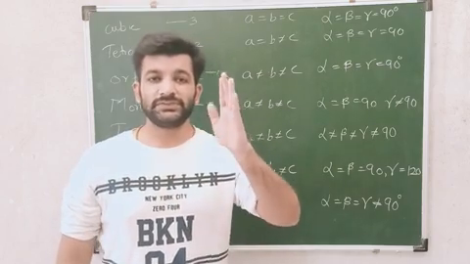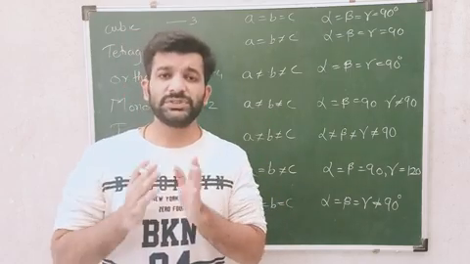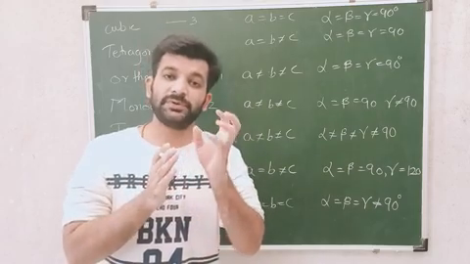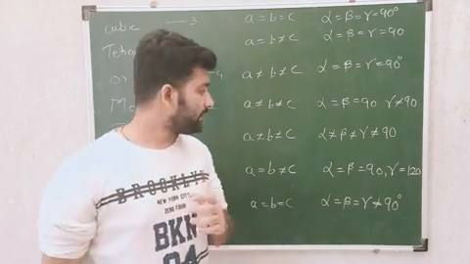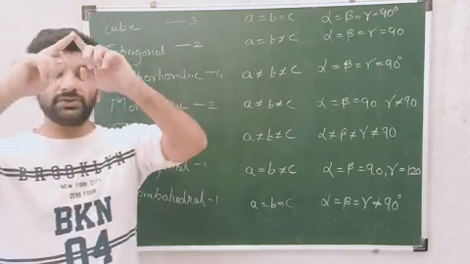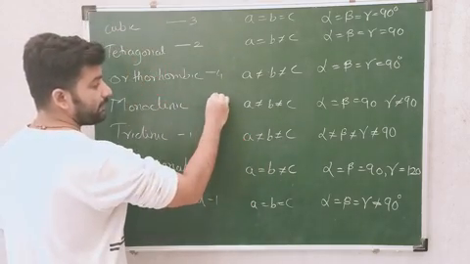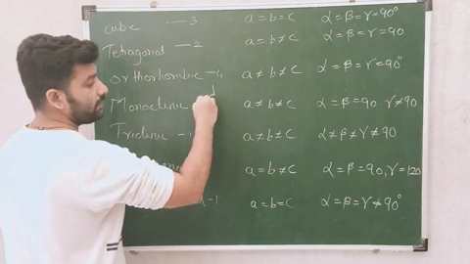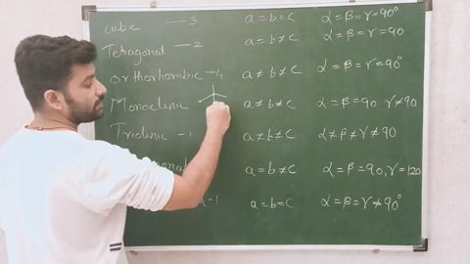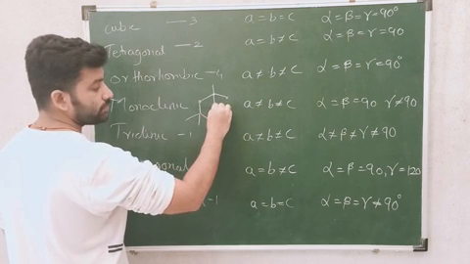In covalent solids we have seen three different types: diamond, graphite and fullerene. Now the most important part is the differentiation between diamond and graphite. If you see the structure of diamond, carbon atoms are present and those carbon atoms are tetrahedrally attached with each other. Means if I have one carbon atom over here, there will be four carbon atoms attached to a single carbon atom. So in this way the chain goes on.